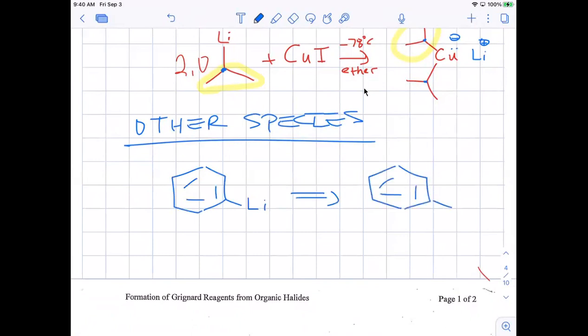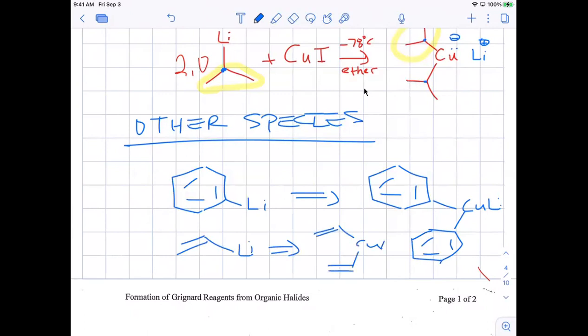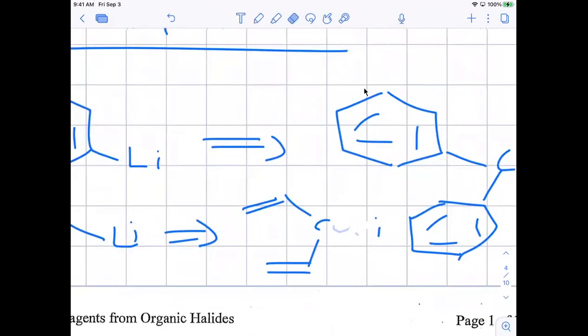If you have an aromatic organolithium, then you'll get out an aromatic cuprate. Same thing, if you have a vinyl lithium, you'll get out a vinyl cuprate. So it just depends on the scope of the reaction. It's pretty wide. You can use a lot of different types of substrates